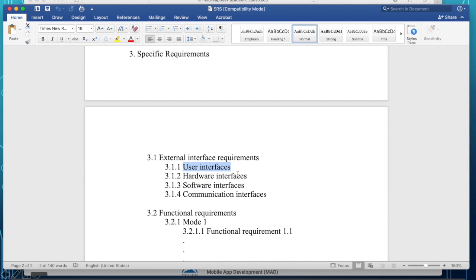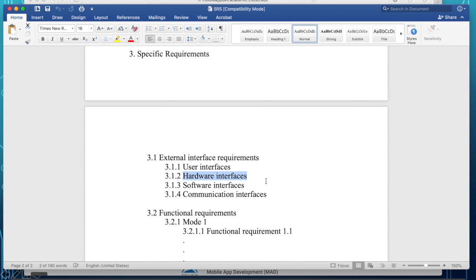So you refer to them here in your section 3, and what you have over there is the definition. So you may repeat the same definition here of what it is, and any hardware interface that you might need.